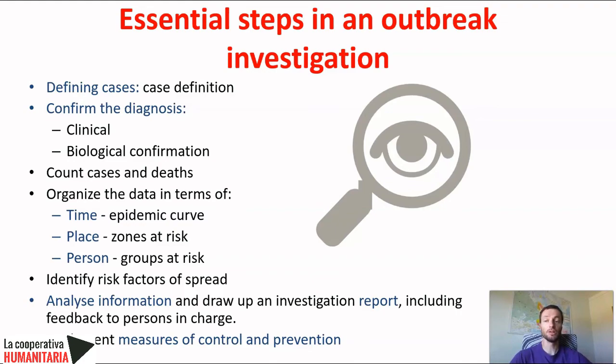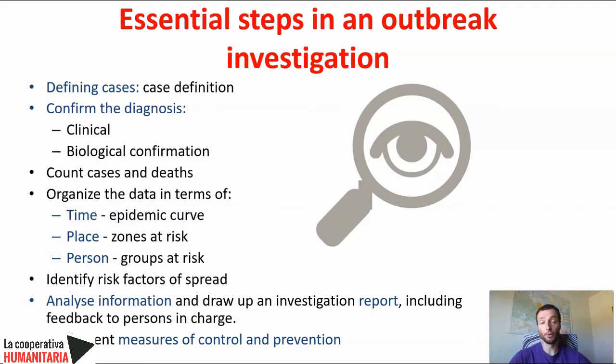Then we should be able to identify risk factors. For cholera, for example, a risk factor will be bad water, hygiene, and sanitation conditions. A neighborhood with a bad situation on that could be a focus of the outbreak. So we should identify the risk factors and the areas affected to be able to define where to start the intervention if needed. Then we need to analyze